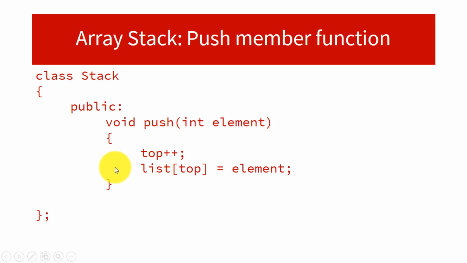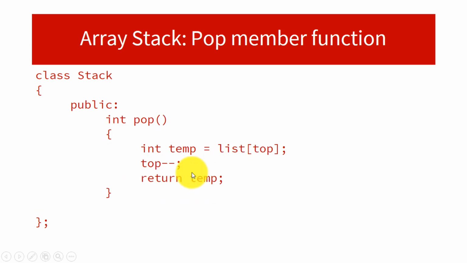And if we call the push member function again for the second value, again we have to increment the value of the top so that it points to the second index of the array, and then on that second index we provide the next value. If we call the push member function again and again, it does exactly the same thing. Now let's talk about the pop member function, and we talked about it in the member function section